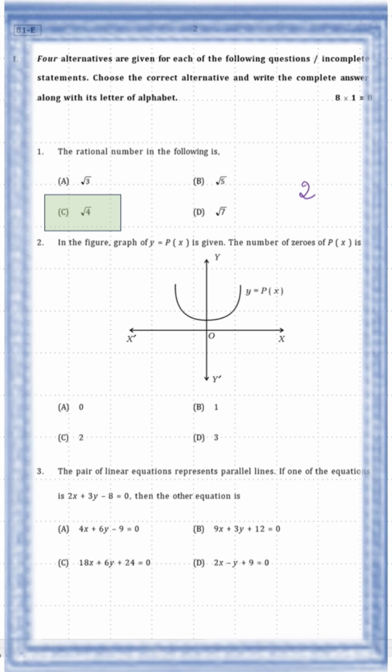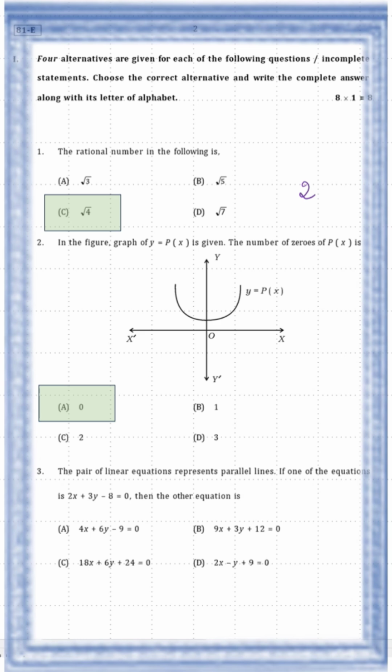The number of zeros of p of x is definitely 0, because it does not intersect the x-axis. So the number of zeros is 0. So option A is correct. Question number 3. A pair of linear equations represents parallel lines. If one of the equations is 2x plus 3y minus 8 is equal to 0, then the other equation is